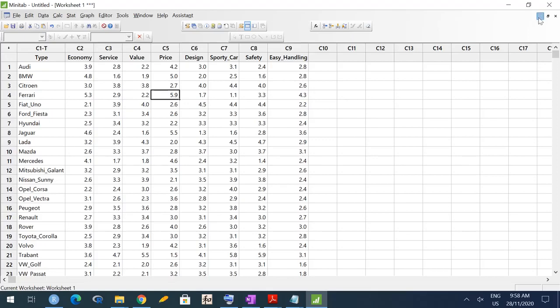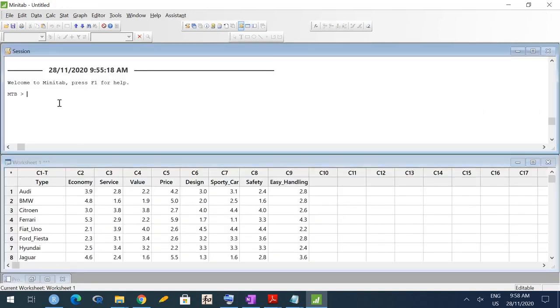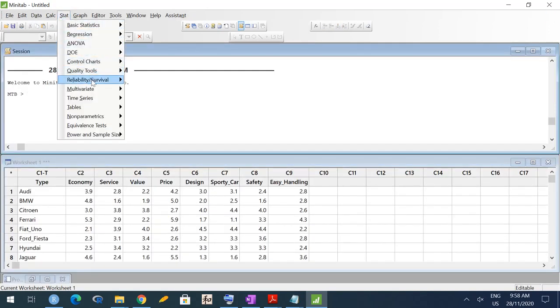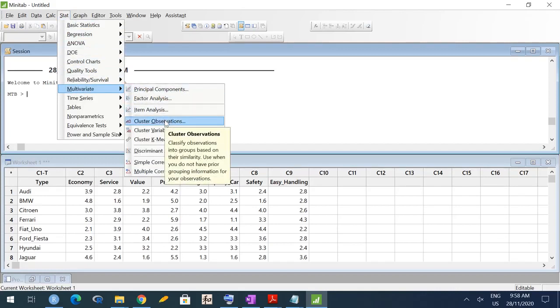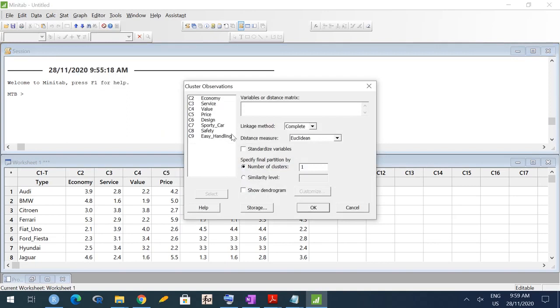Now we have to classify these cars into different groups using either hierarchical clustering or k-means clustering. We'll try both. So let me first go to hierarchical clustering. Cluster observations. Remember, we are considering cluster observations. Clustering of variables is something different and it is not part of our syllabus. So cluster observations, that is cars, using data on these variables. Which linkage method? As I said, generally with continuous data, Ward's linkage is preferred. With Manhattan distance, average linkage or median may be okay. And as distance measure, we will consider Euclidean.